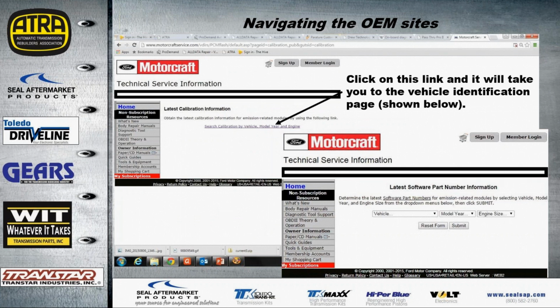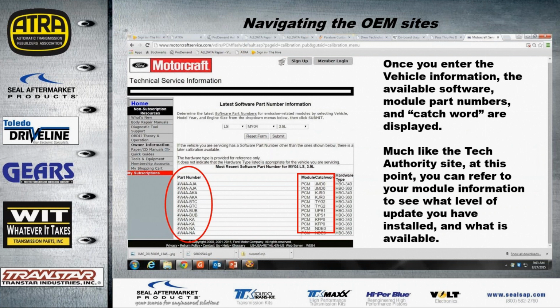And that's going to take us to the upper left-hand corner here, where it's going to be the latest calibration information. We're going to search calibration by vehicle and model year and engine. And we click on that link, and it's going to take us to the lower right, where we're going to be prompted to enter the vehicle information, the model year, as well as the engine size. And then we submit the form. Now, for demonstration purposes in this section, I entered a Lincoln LS, model year 2004, with a 3.9